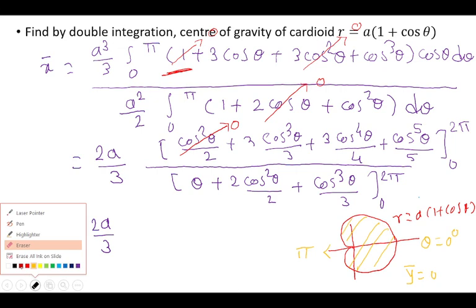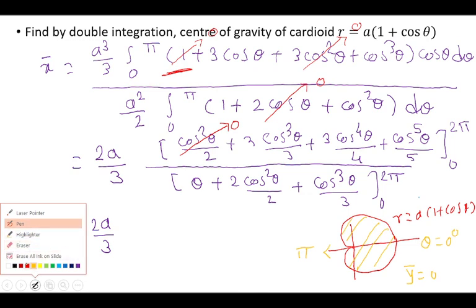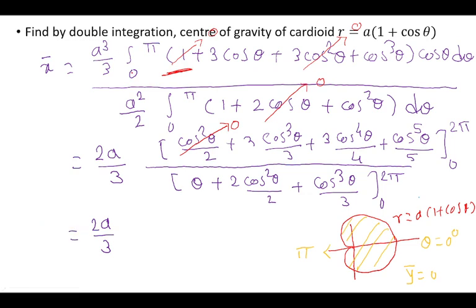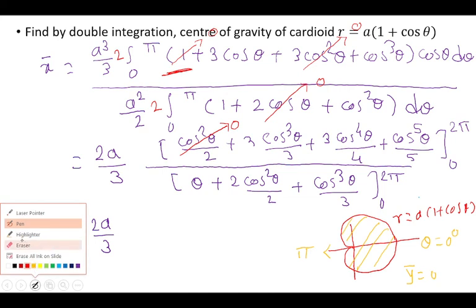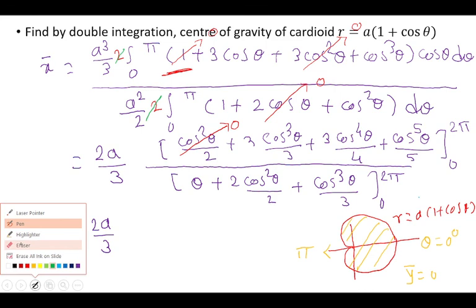I hope you are getting it. For example, let me show you here. If I write here integral 0 to 2 pi, it is 2 times 0 to pi, and this is also 2 times 0 to pi, and then I'm going to cancel this 2. So if you cancel it, it doesn't matter there. So instead of 0 to 2 pi, we should write 0 to pi only. Then only we get the answer. So that is one thing.